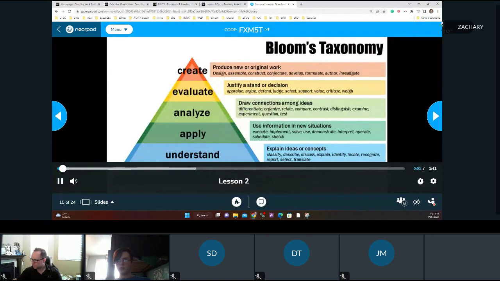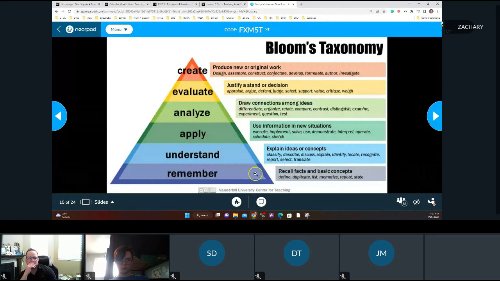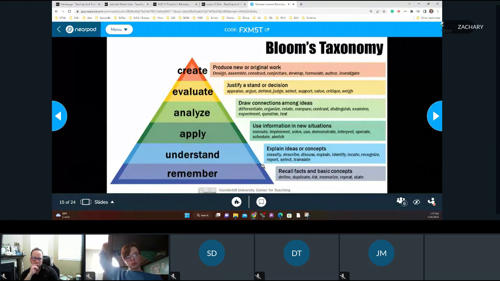Bloom's taxonomy, or the revised version that you see here, is really powerful in face-to-face learning, in traditional learning, but it's equally powerful when thinking about online learning. So at the bottom of this pyramid, of this triangle, is the baseline thinking, the kind of remembering, recalling facts. And that's really useful. And it's important for students to learn content at times. But that's only as a springboard to higher kinds of thinking.